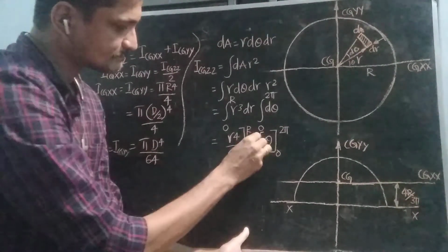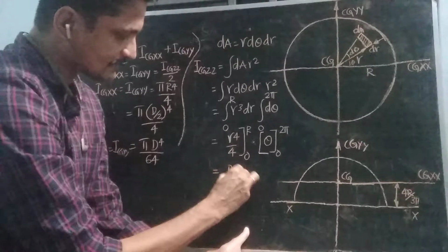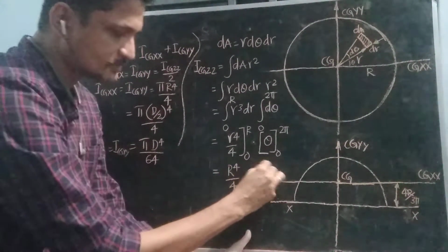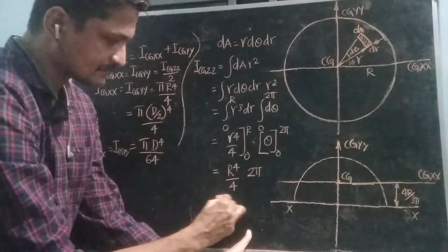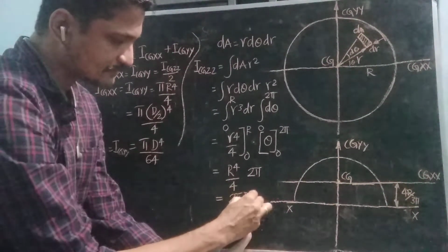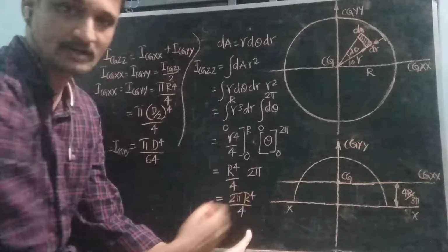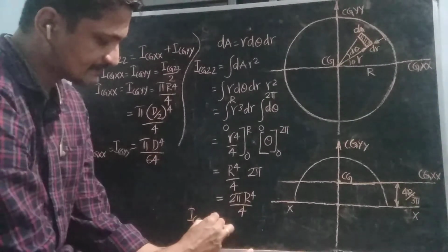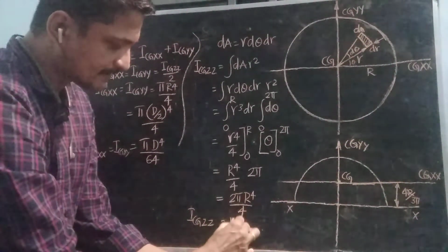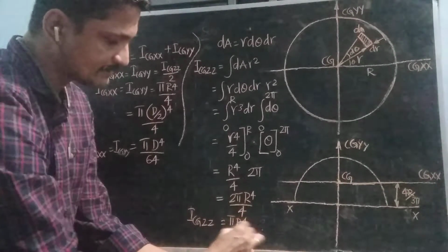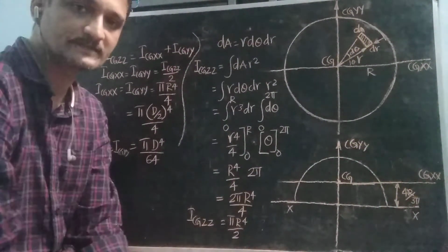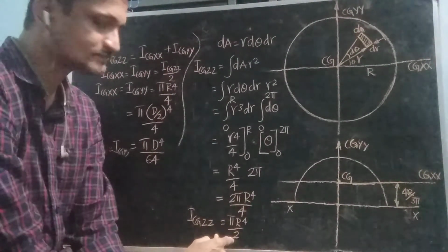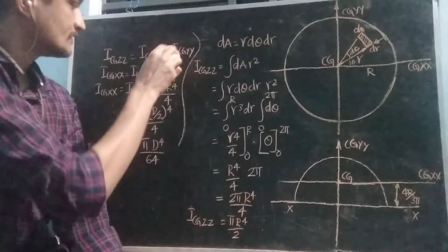That's equal to r raised to 4 by 4 into 2 pi, that's equal to 2 pi r raised to 4 by 4, or ICGZZ is equal to pi r raised to 4 by 2. Polar moment of inertia of the circle ICGZZ is equal to pi r raised to 4 by 2. Then we know that